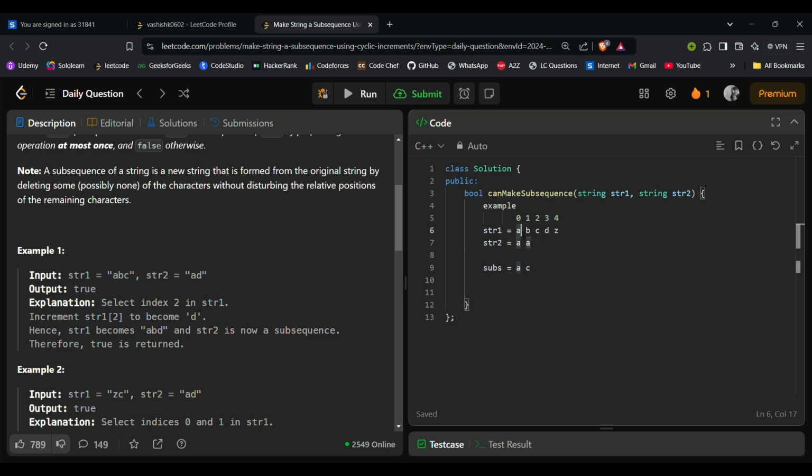So first index is matched with b, which is not responsible to make a, also c, also d and z. When we come to z, then what will happen? It's properly said in the question, it's cyclic. That means z में +1 करेंगे तो हम a के पास जाएंगे, मतलब z से हमें a हम क्रिएट कर सकते हैं।